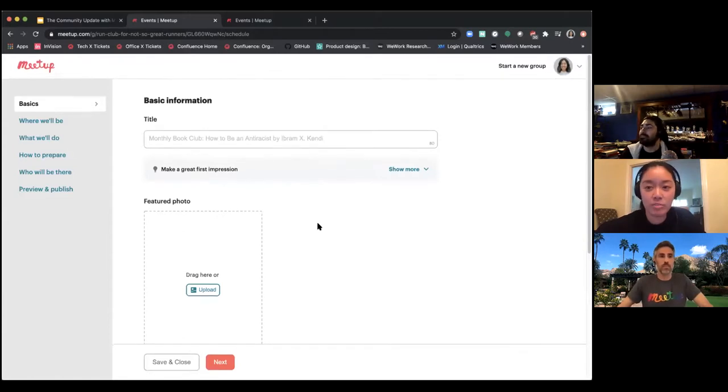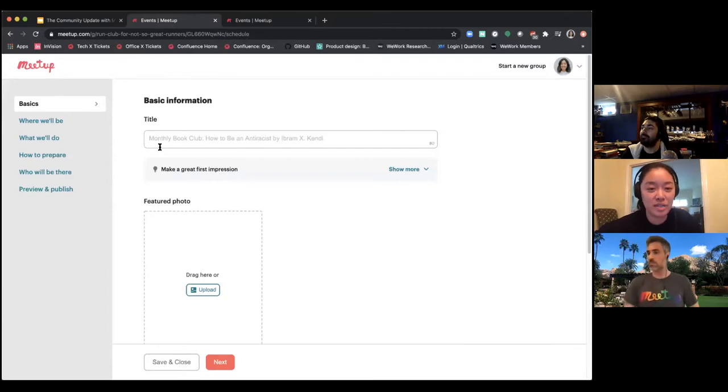So the page that I have pulled up right now is this new scheduling experience that my team has been working on. The first thing I want to point out here is this navigation that I'm circling on the left. This is where we've split up that one-page form into a couple different sections, so it's easy to find the fields that you're looking for and fill out the information alongside the other related details.